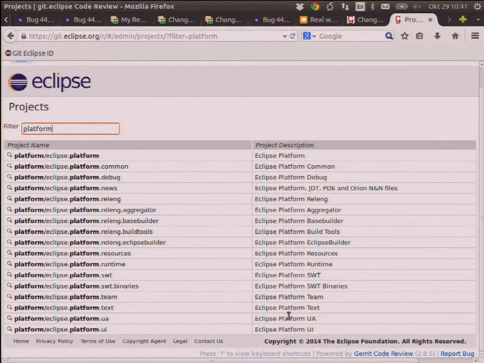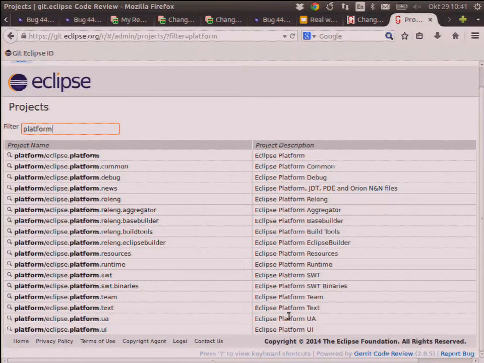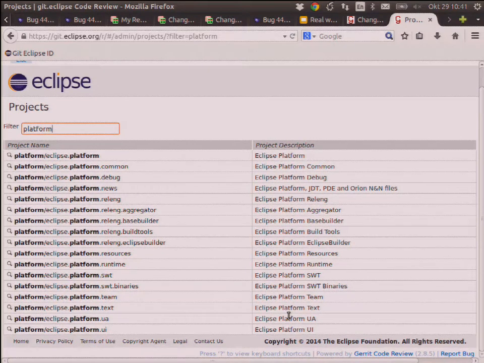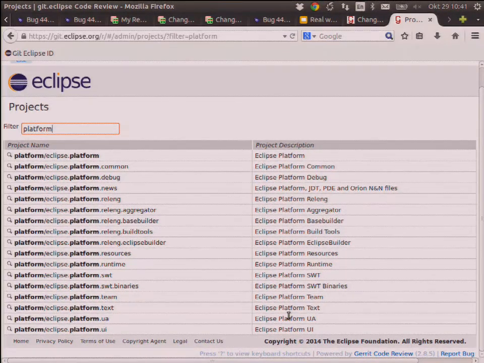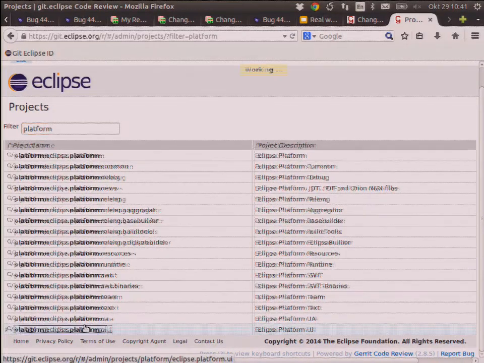And the interesting bit of platform, I'd say the most interesting bit, is UI, because that is where you find SWT, JFace, all the services. There's also runtime. Runtime has all this headless stuff, like the non-UI services, the translation service, for example, which Dirk contributed, who is sitting here in this corner. Very nice person. Also the author of NatTable. So basically, these are the interesting bits, and there's also user assistance for the help system, but you can basically get to everything.